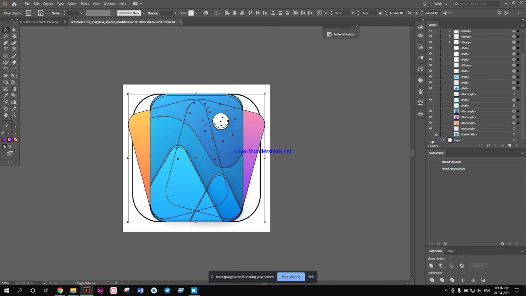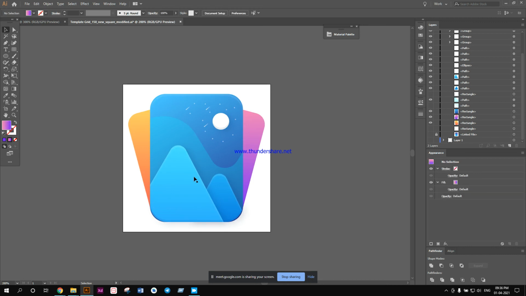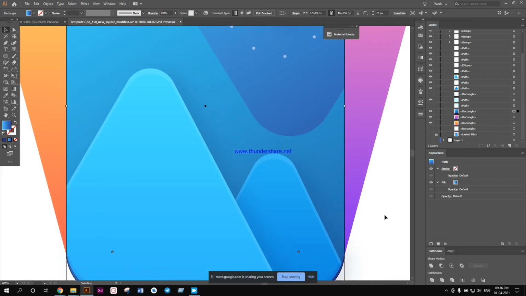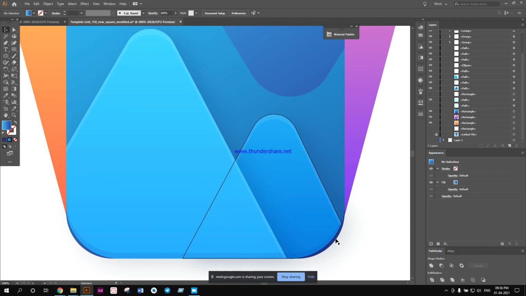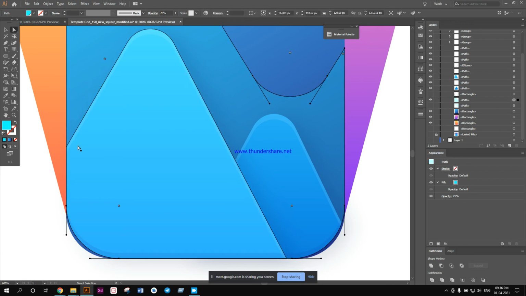Yes, it is aligned like that. What part is bulging out? What is bulging out?